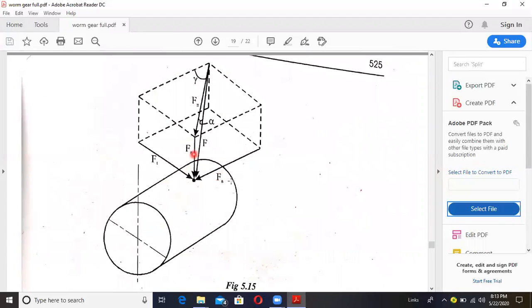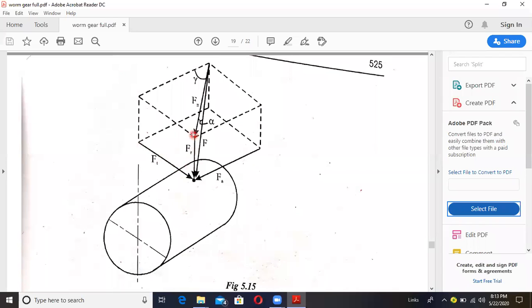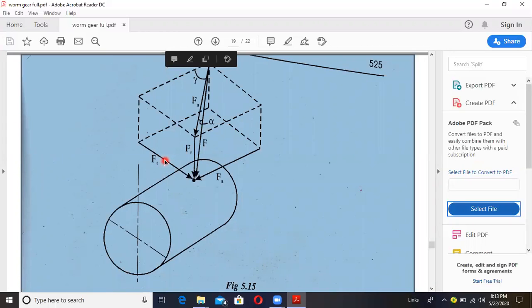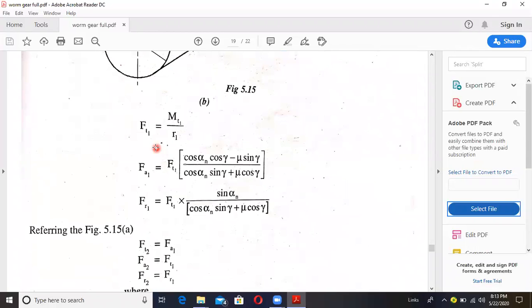So now you can see this figure. This is nothing but the tangential force acting on the gear, and this is nothing but the radial force in the vertical direction. Always the radial force is acting, and Fa is nothing but the axial force, and Ft is nothing but the tangential force. Same thing, here we have some notation. Next, we'll see what the formulas are to calculate the forces.